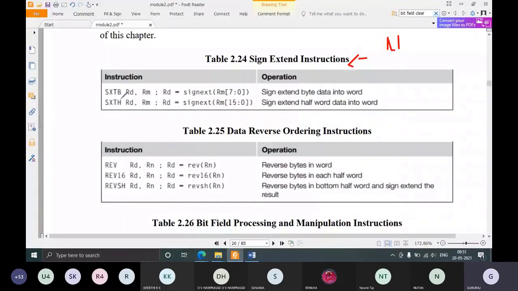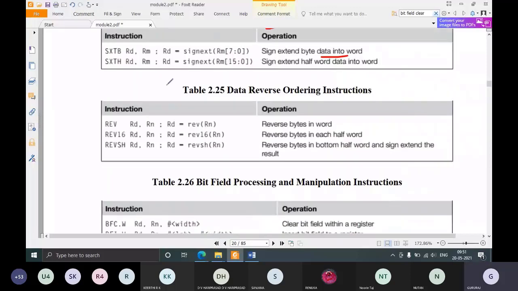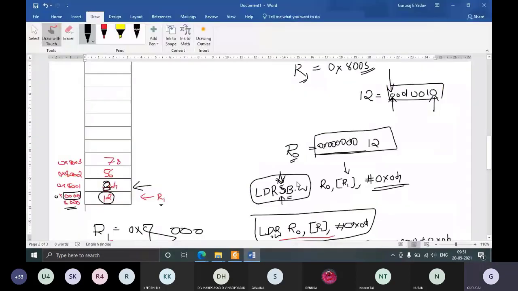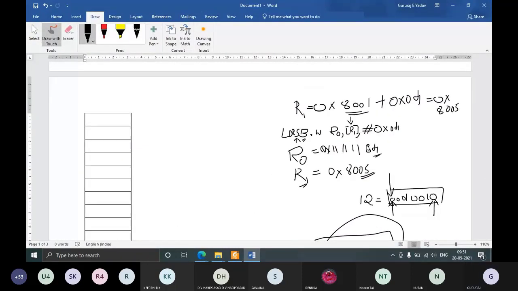SXTB is the sign extend instruction: sign extend byte data into word data. There is a byte data, and you have to extend it to word data using the sign, preserving the sign as it is. That is what we discussed in LDRSB also, and that is how we got this result as well as the result here.